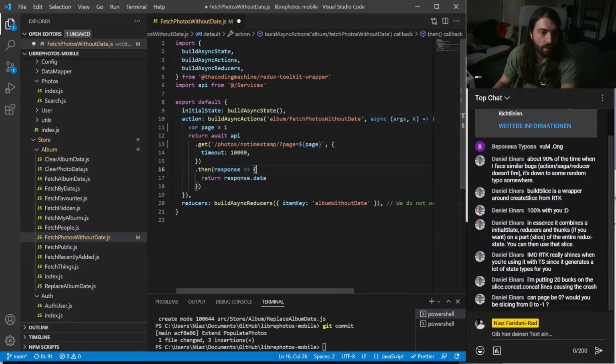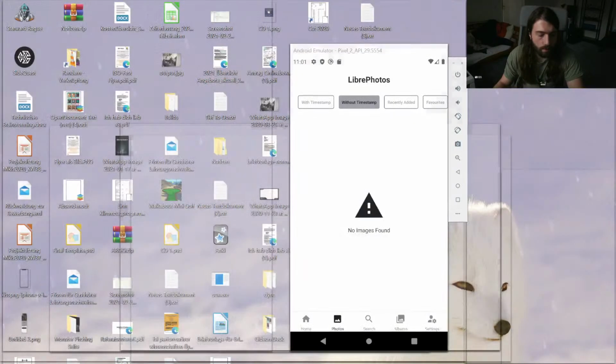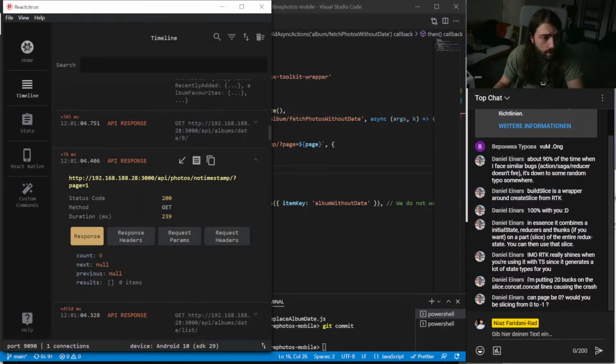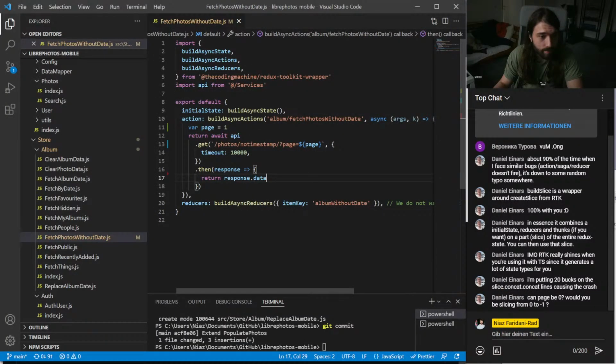I don't need that. Response.data is, I think, correct. Oh no, it was called results, right? Yeah, results. So I guess I now have to scan on my server. Localhost.